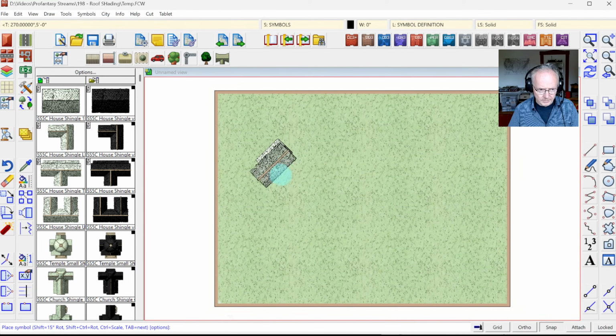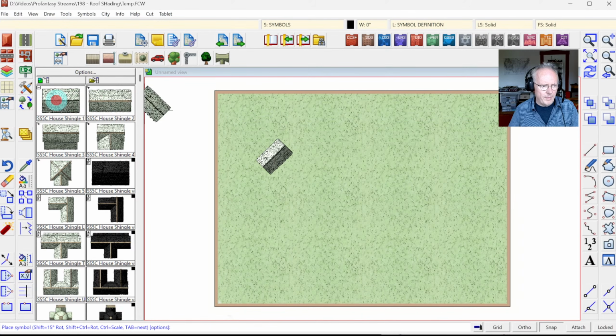The symbol is lighted from the upper left, and the roof there is light while it's dark on the opposite side. If I rotate the same symbol and place that, this is actually not the same symbol. That's because I've got a random selection here. So I'll grab the same symbol again,